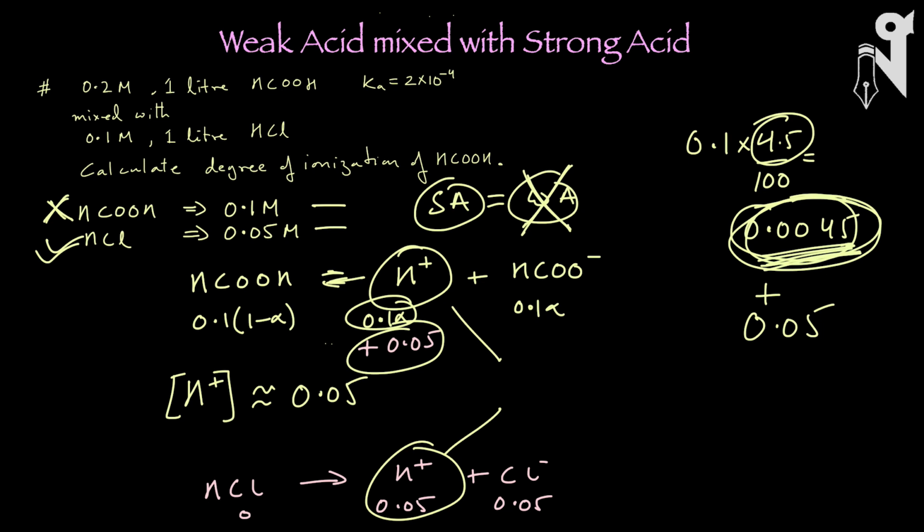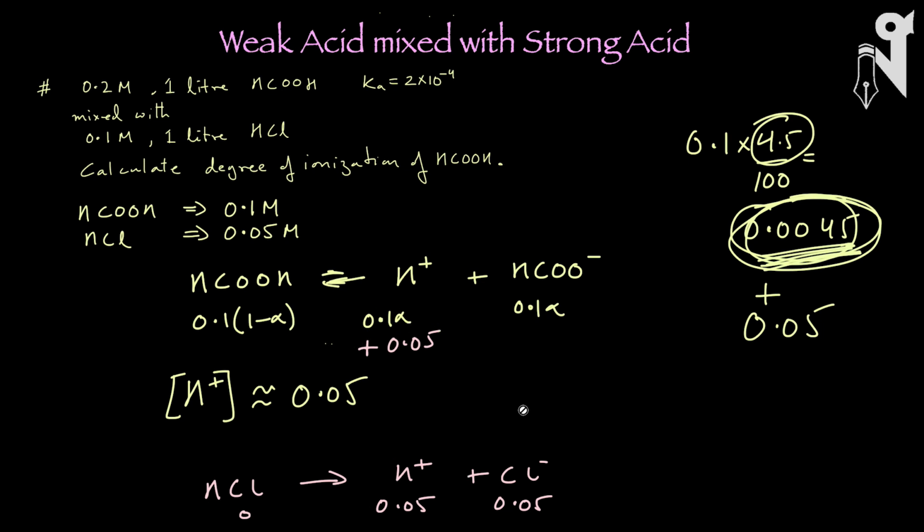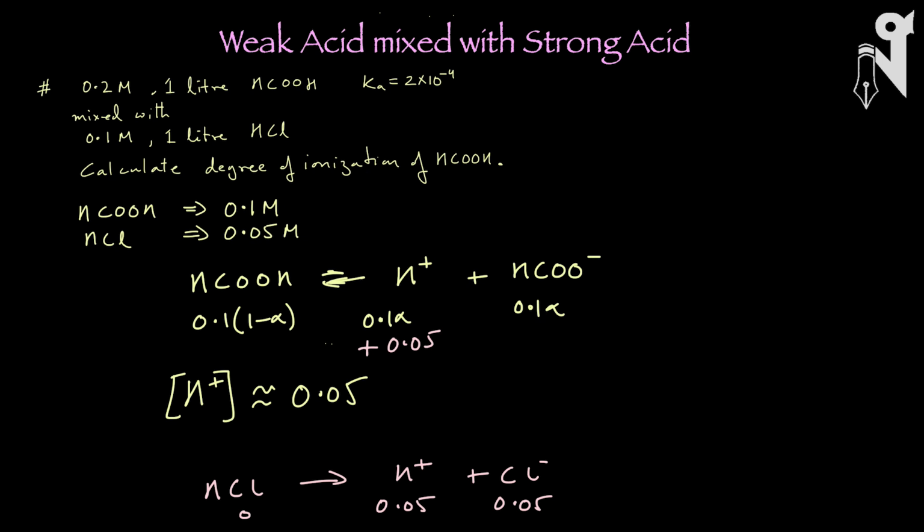So now it is pretty much simple. What we have to do is use the ionization constant, the Ka value of the weak acid. So Ka of formic acid is the concentration of H plus, immaterial of the source, times the concentration of HCOO minus. Again, immaterial of the source, but the source over here is only the formic acid for HCOO minus, divided by the concentration of the formic acid itself. This is your Ka. We'll use the value, which is 2 into 10 power minus 4.